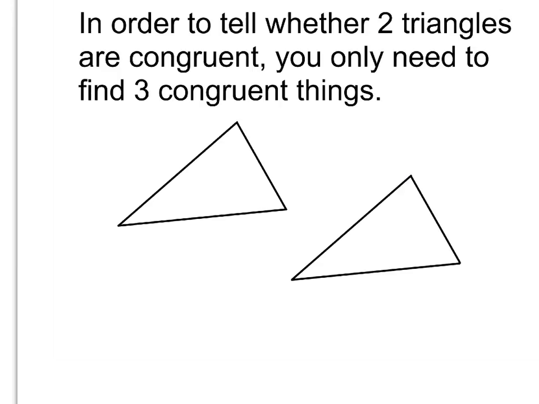In order to tell whether 2 triangles are congruent, you only need to find 3 congruent things. Now there are many different combinations of the 3 congruent things you need. And we're going to cover the ones that actually do prove congruency. But there are also 2 other combinations that do not. Our combinations would be